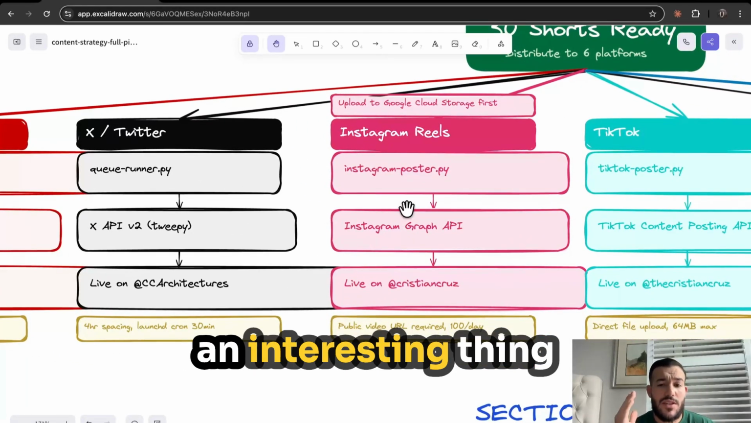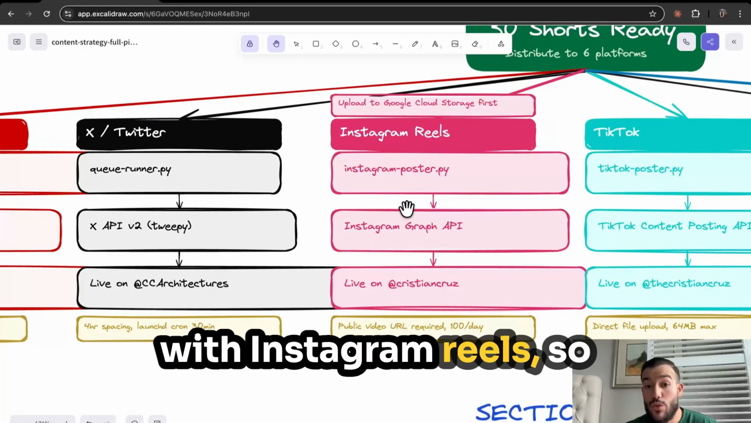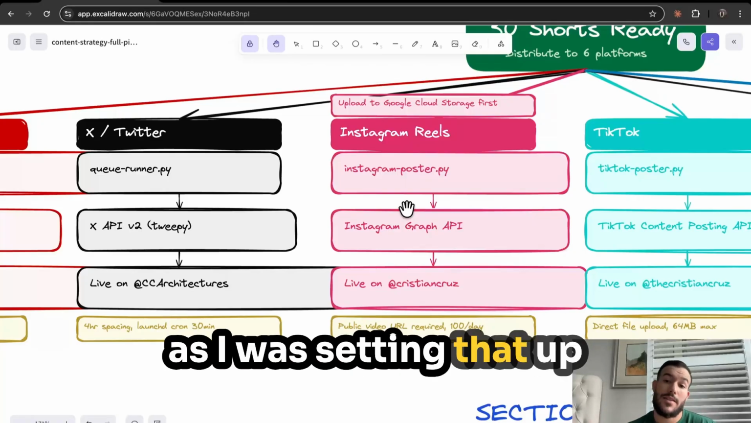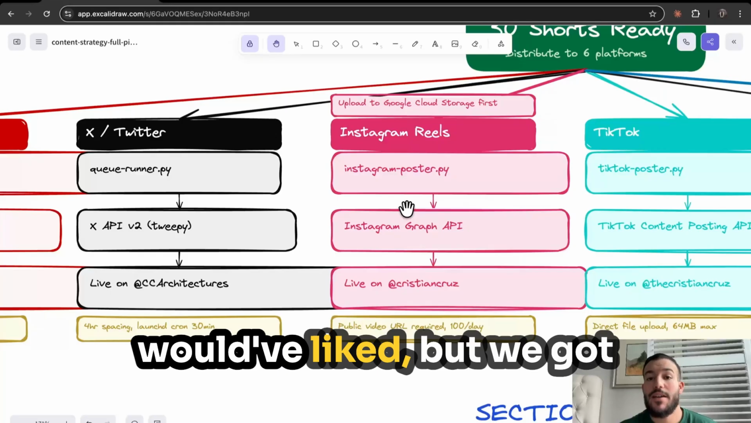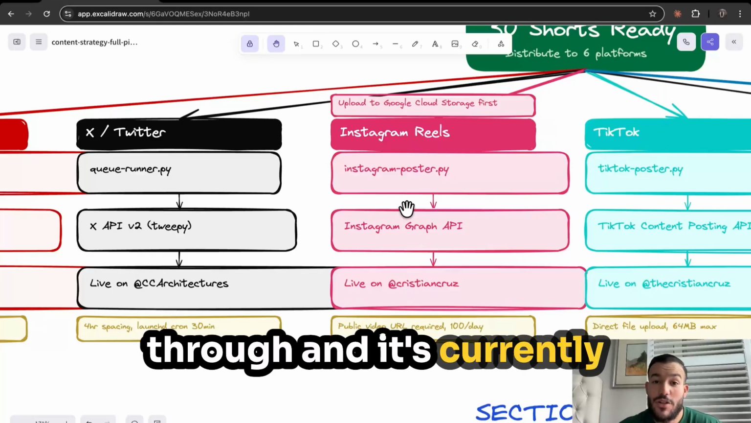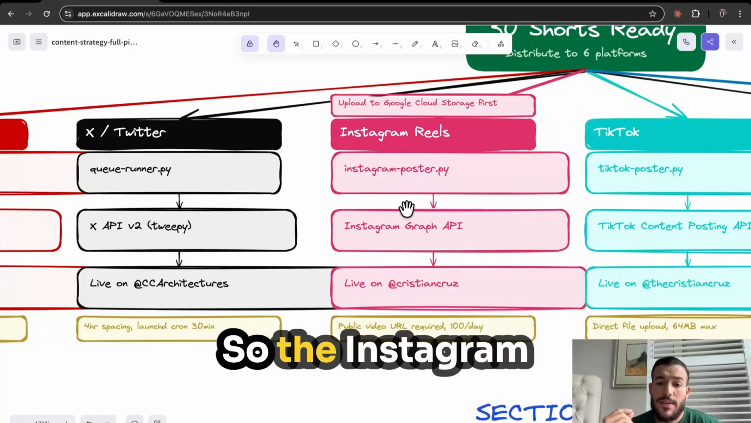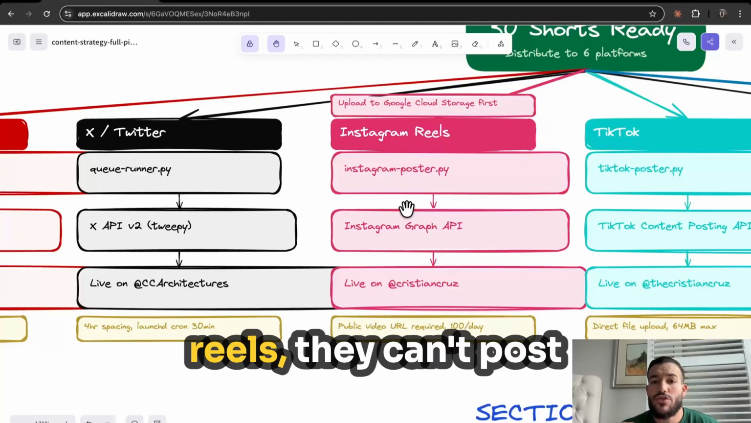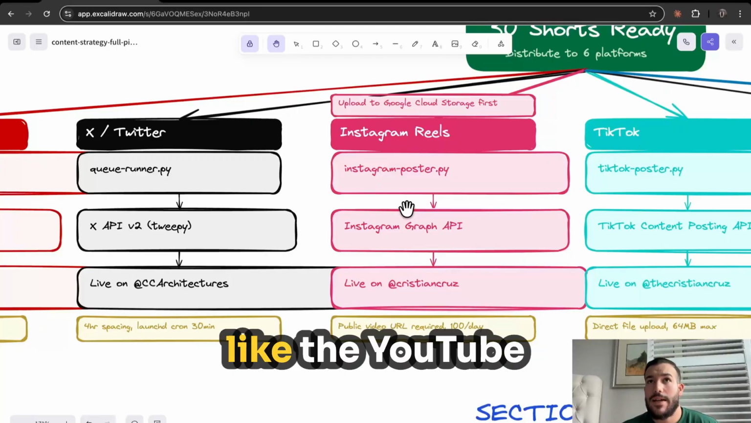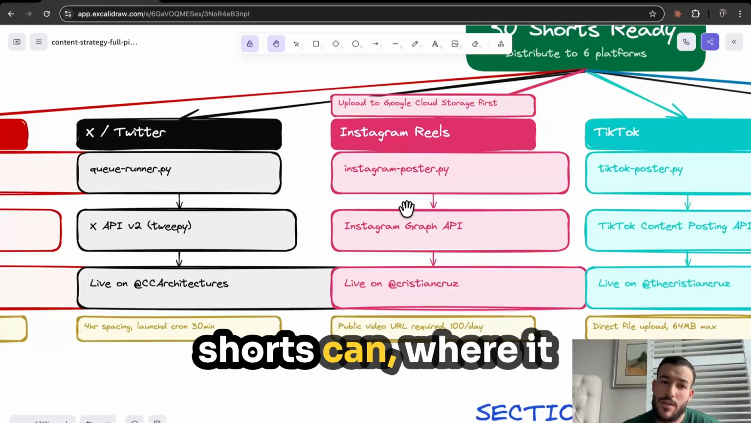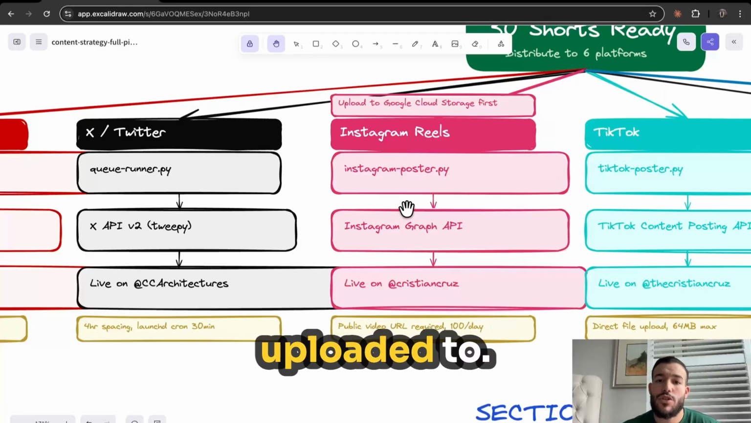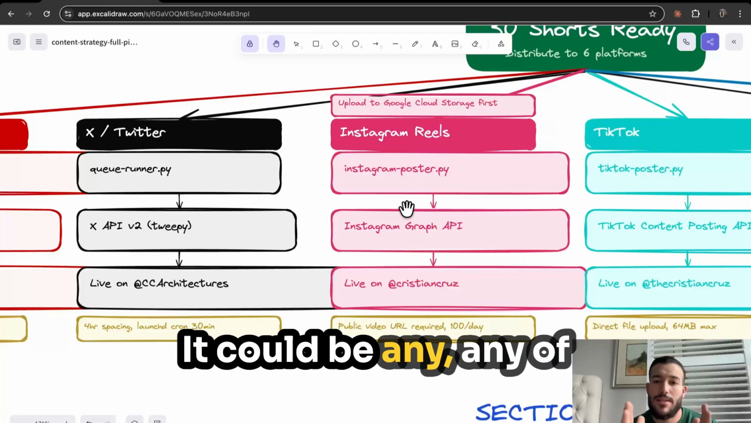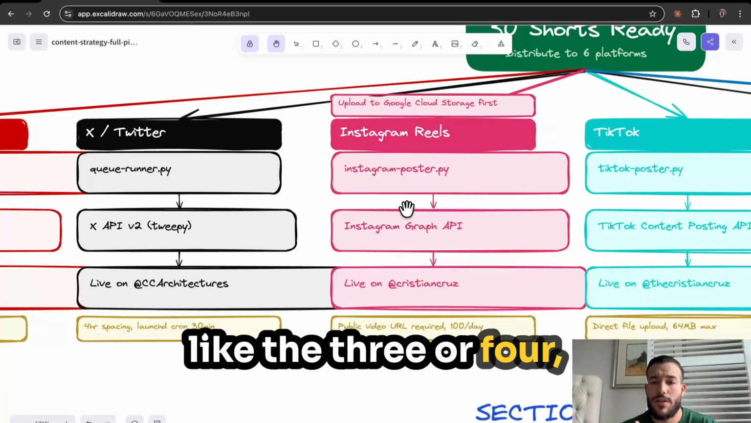An interesting thing with Instagram Reels. So as I was setting that up yesterday, I came across more hiccups than I would have liked, but we got through and it's currently working, which is great. So the Instagram Reels, they can't post like the YouTube Shorts can, where it takes the file straight from your desktop. It needs to get uploaded to, it could be any of like the 3 or 4, many clouds that are out there,